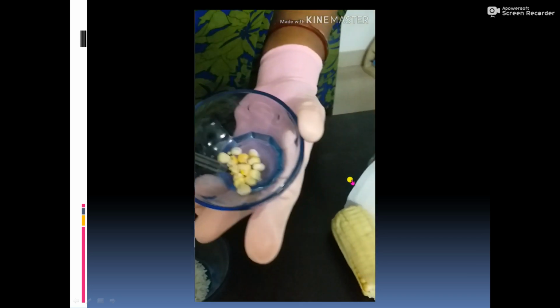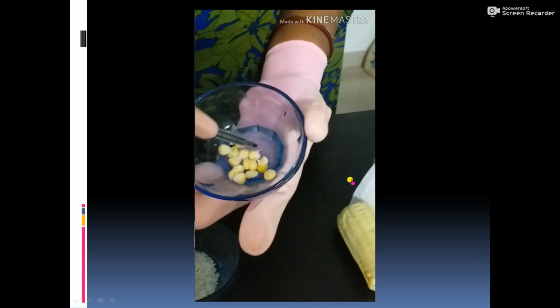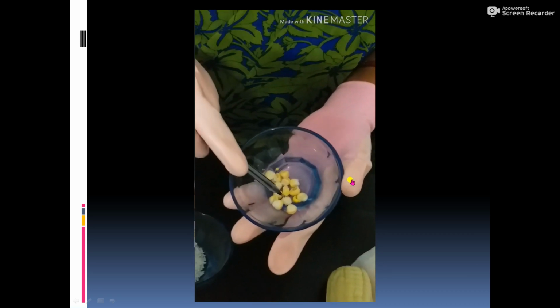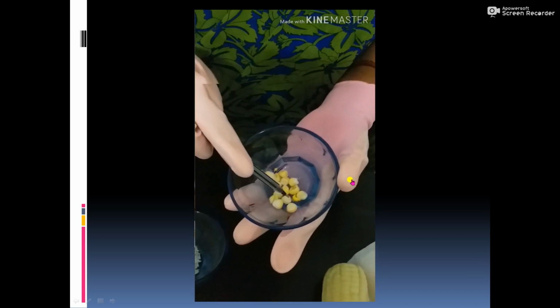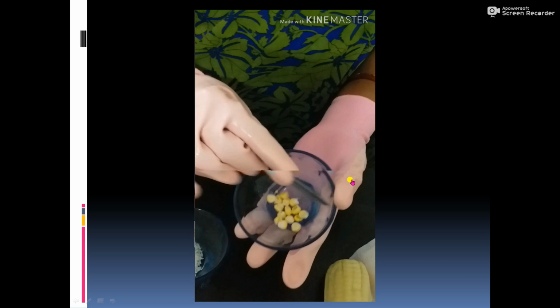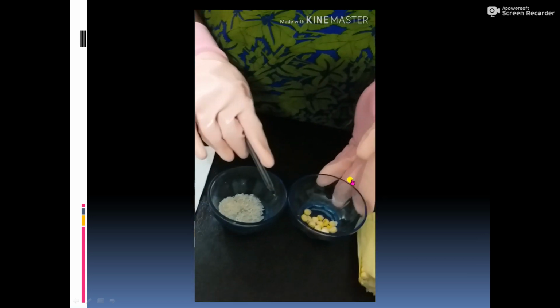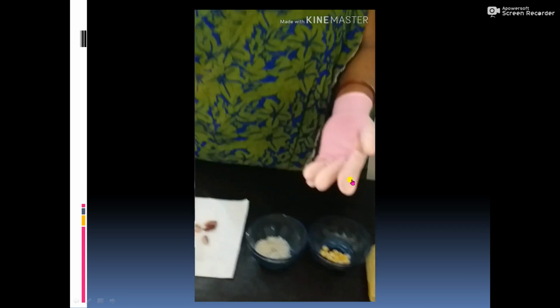Here is also maize. These days also the season of maize, corn. You see, and at your home also, you can press this corn into 2 equal halves. It cannot be differentiated into 2 parts. It means these are monocotyledons. Also a very good example is wheat. So look at all these at your home.